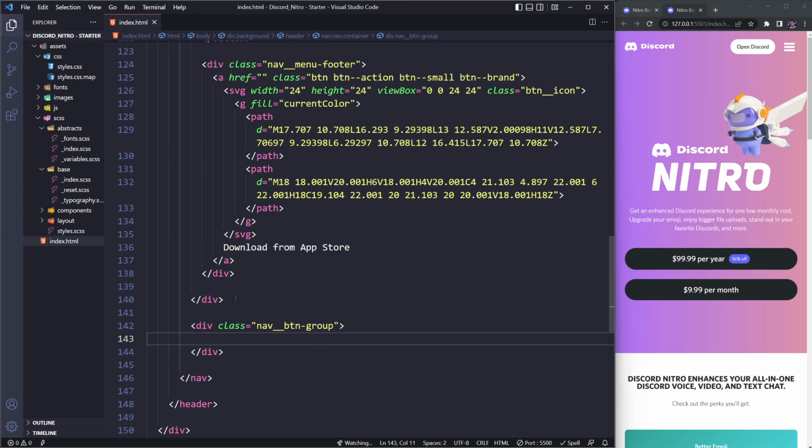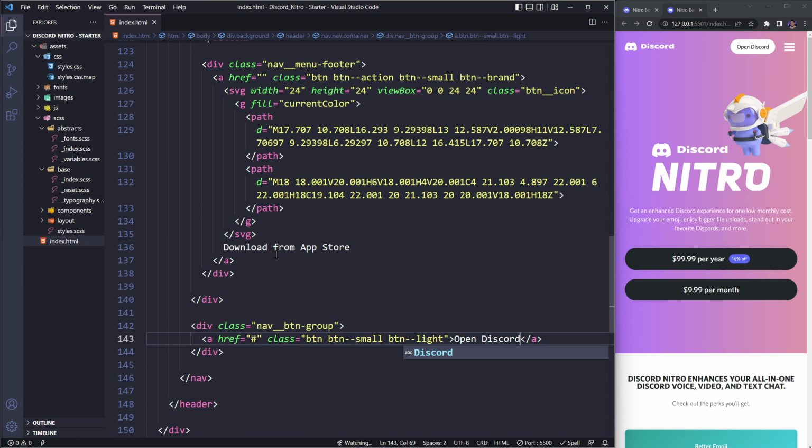So in here, what we want to do is add another SVG. So this SVG is going to be, well, before we add the SVG, we need a regular button, which is going to be a link for this one. And then we add the button element with the SVG. So we're going to reuse the btn class here, btn--small, and then we can do btn--light. And in here, we can just add in the text. Well, first, let's just do the placeholder,